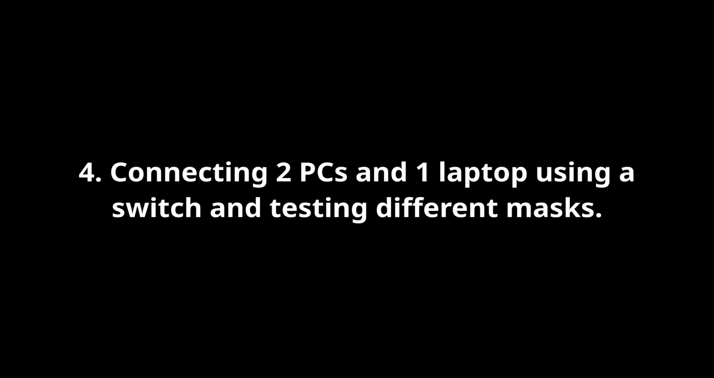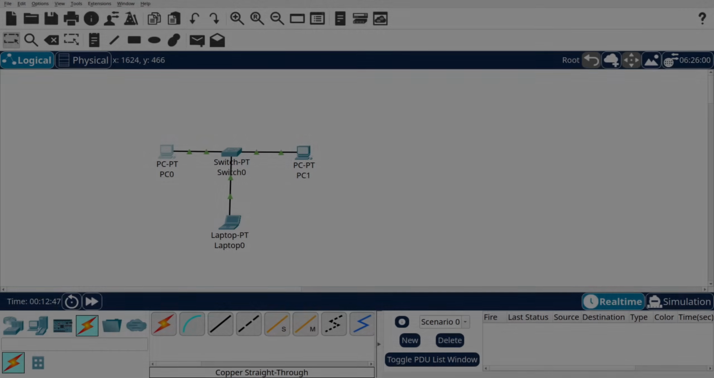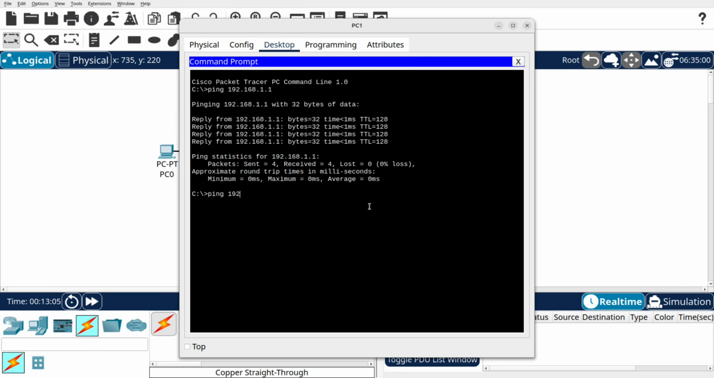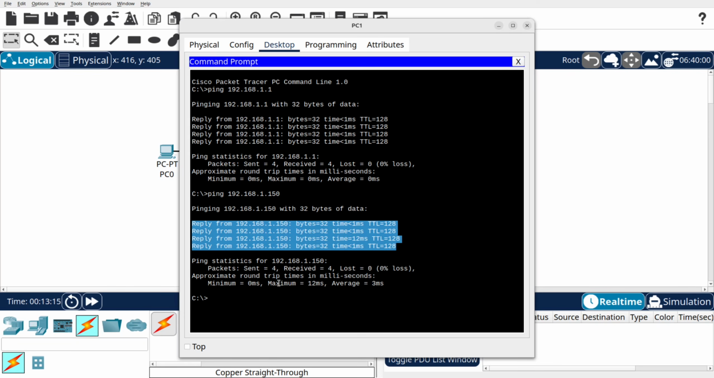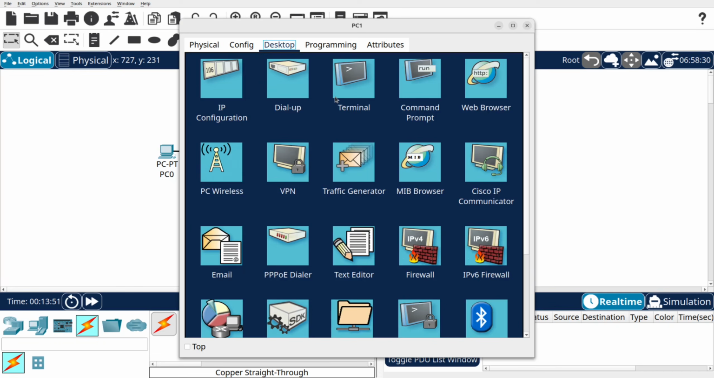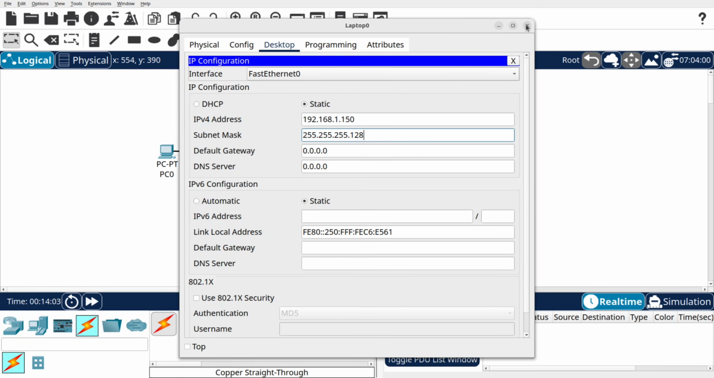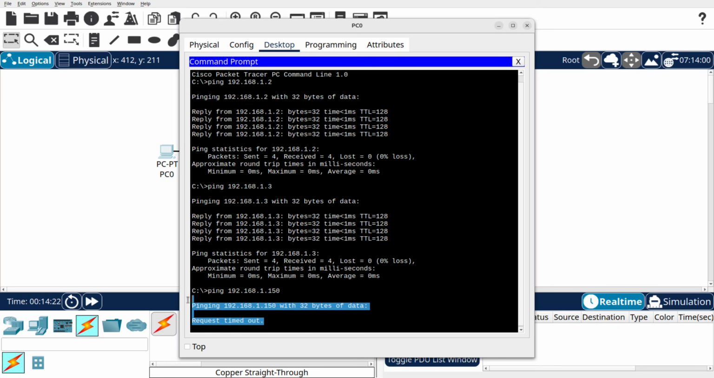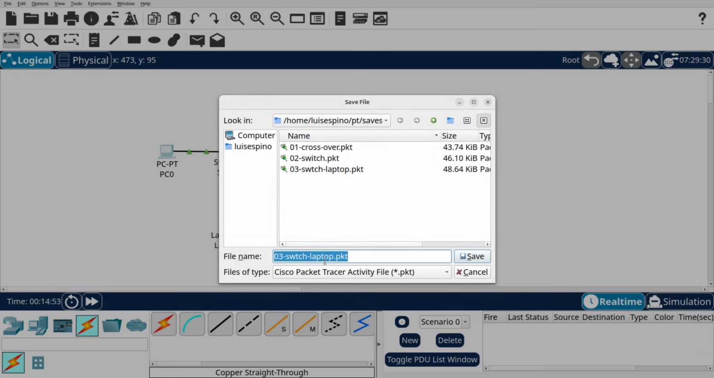In example 4, it is the same setup as example 3, with the difference that instead of using different networks, we use different masks. To start, we change the laptop host number to 150. Then we test the ping from a PC and see that everything is fine. We change all 3 end devices to the 25 mask. In Packet Tracer, we must change the last 0 to 128. When pinging the laptop ending in 150, we see that there is no longer connectivity because it is in another